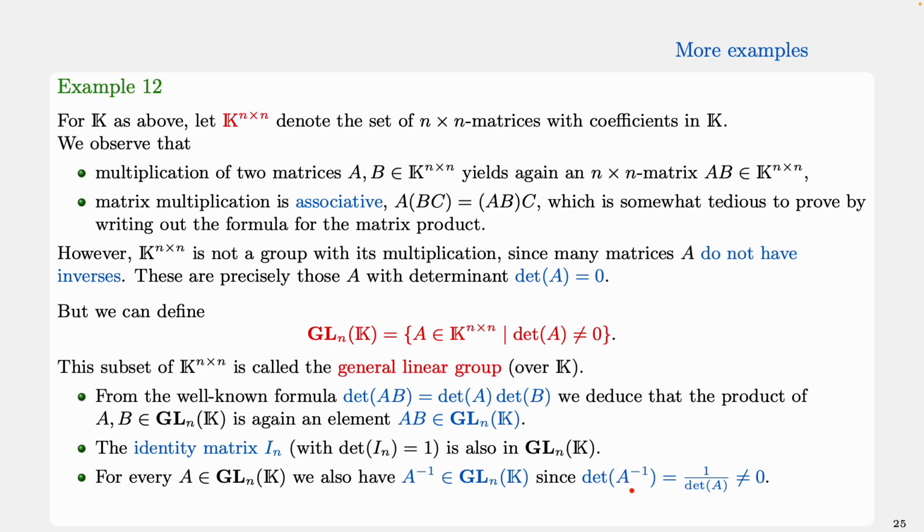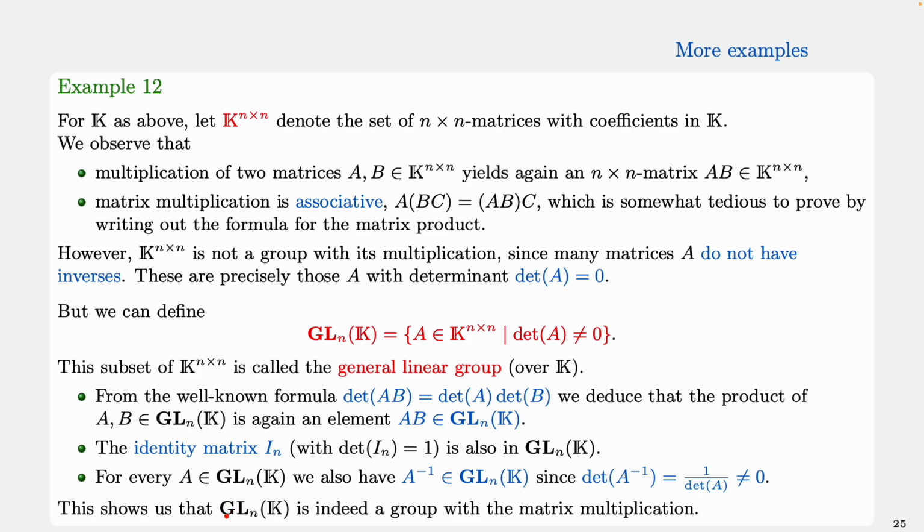And the determinant of the inverse is just 1 over the determinant of A. And if this is different from 0, then of course the inverse also has a determinant different from 0. So the inverse is also contained in GL_n K,